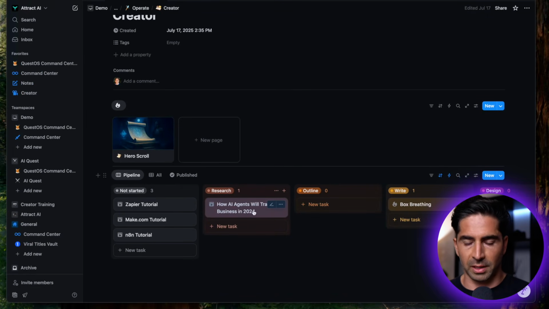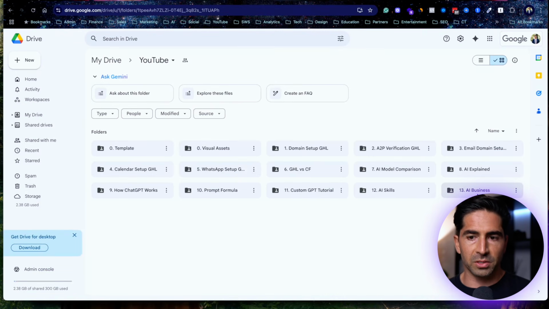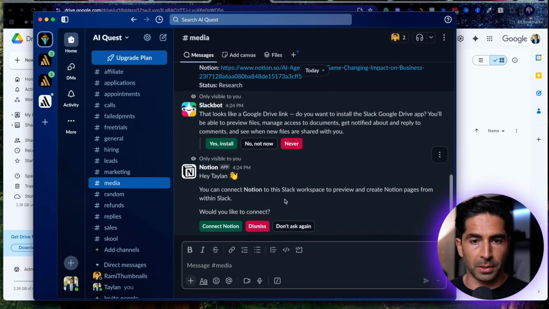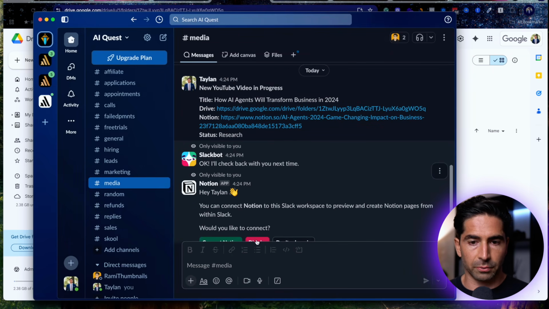So obviously this isn't exactly 100% perfect here and could use a little work, but this is all for sake of example. Let's go back into our AI business. So again, it's not 100% perfect every single time. And this is where you can come in and kind of refine and massage some of the prompts here to make sure that it works exactly the way that you want it to. But let's see. We have our subfolders here working exactly the way that we want it to. And then if we open up Slack right there,